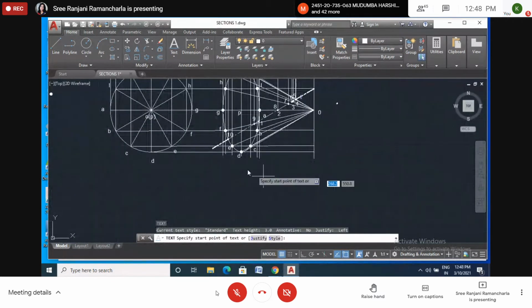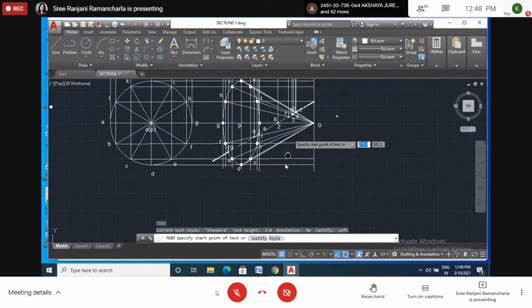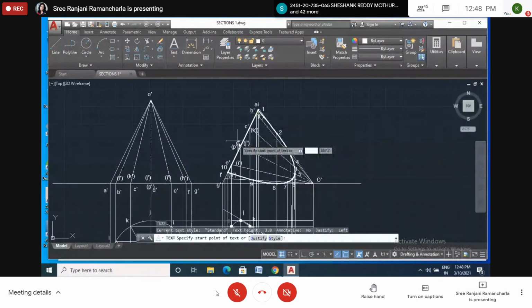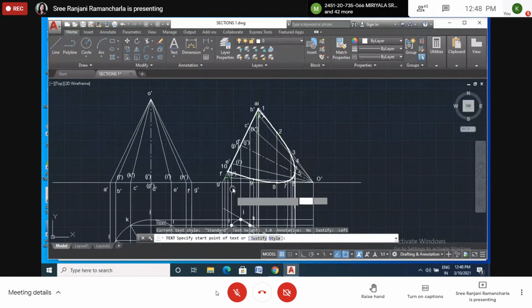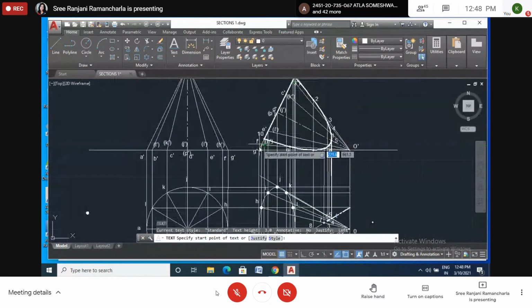So this portion is not the same. EDCB is not the same. EDCB means it is behind that one. And FG here, F is there, FG is there. So we have to make this line also a thick line. We have to make this line also a thick line. And this one also a thick line till here, not the whole.